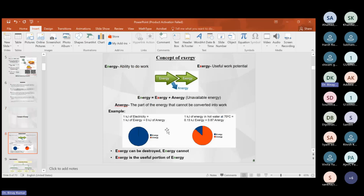Now, as all of you know, energy is basically the ability to do some work, whereas exergy is the useful work potential. So we can say that energy has two components. One is exergy and the second one is anergy. Exergy is basically useful work potential, whereas anergy is the unavailable energy. And this can be understood by one simple example. Suppose we take 1 kilojoule of energy in two forms. One in the form of electricity and the second one in the form of hot water